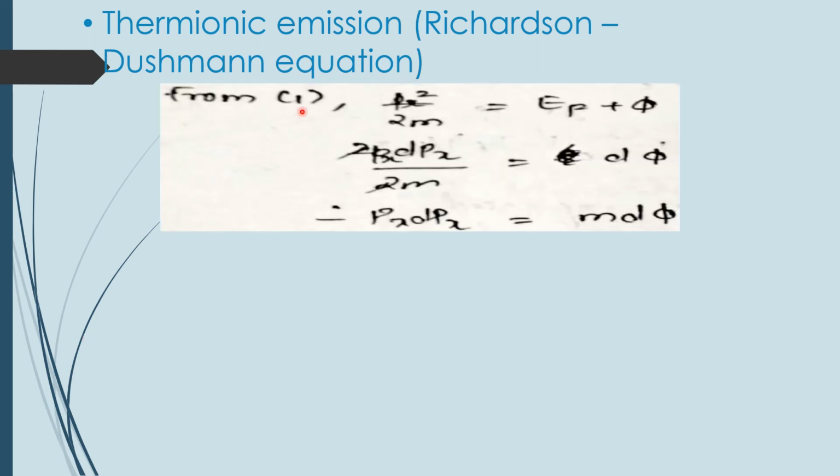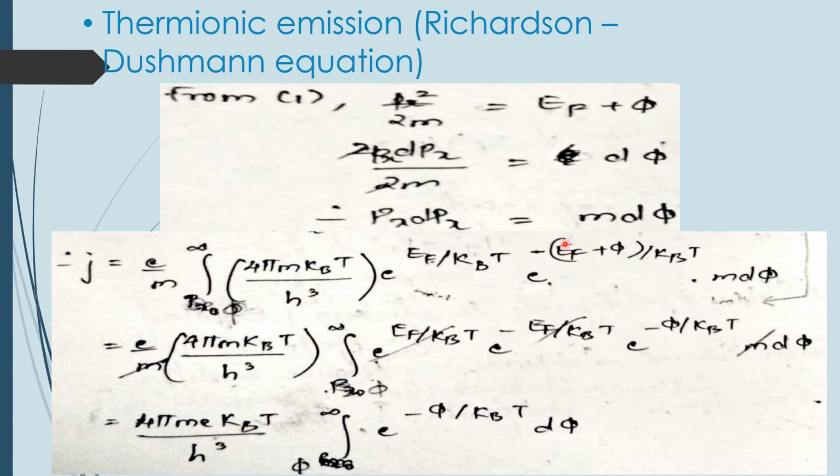From equation 1, px square by 2m is equal to ef plus phi. Differentiate this equation, so you get 2px dpx upon 2m is equal to d phi as ef is a constant. 2 will get cancelled out, so you get px dpx is equal to m d phi. Substituting everything,